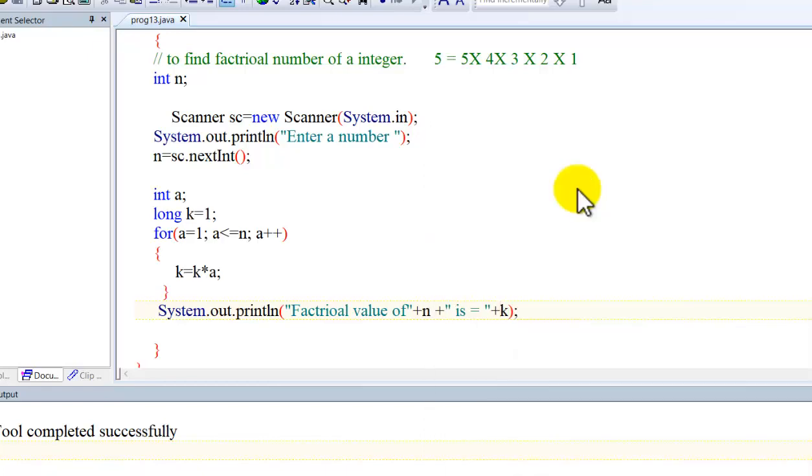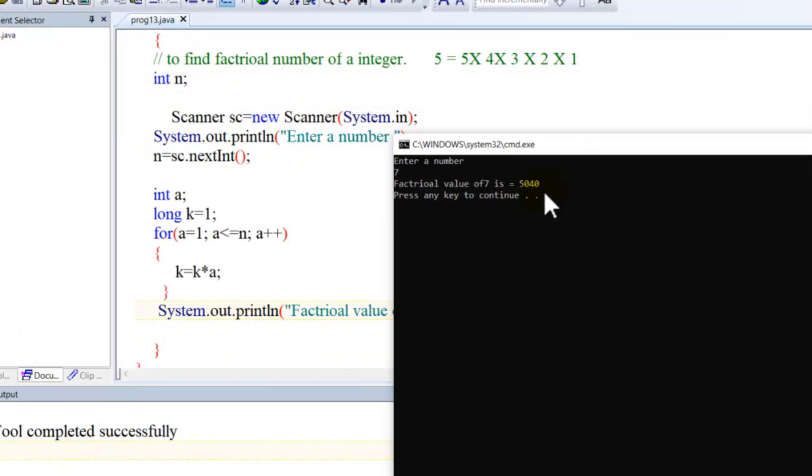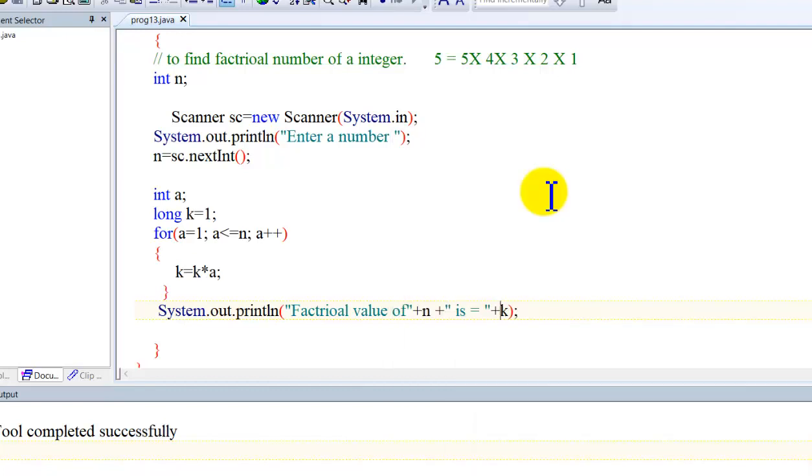Similarly, we can give one more value. Let's say I have given 7. The factorial value of 7 is 5040. This is the multiplication value from 1 to that number. So like this,